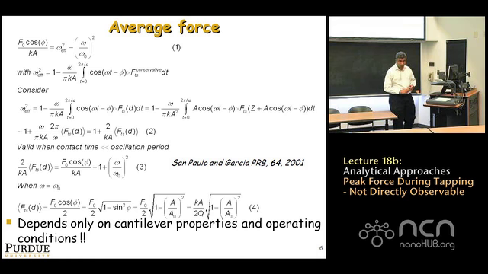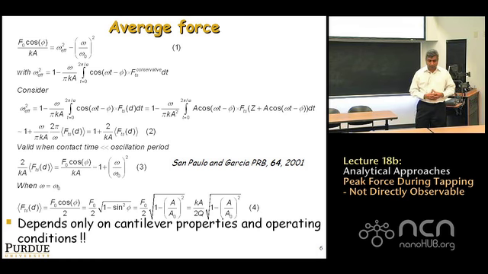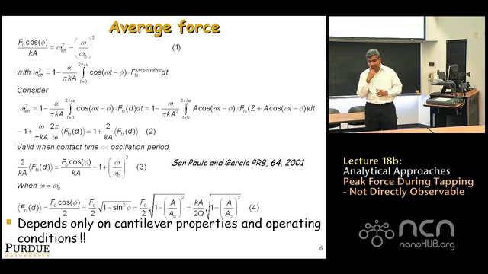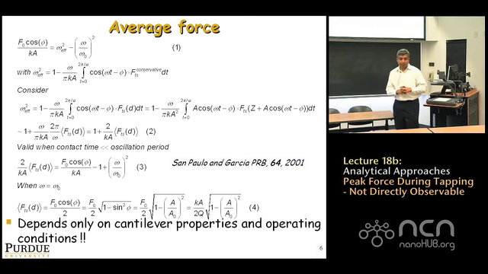All right, so one more very important analytical result to do is that of average force, okay? So what we are looking at here now is, oh, this is great. You know, we have an idea of what phase means, but it's force microscopy and you're tapping on a sample. You always want to know how hard you're tapping on a sample, right? Because when you do static FZ curves, you know exactly what force you're applying, right? When you do tapping, unfortunately, you don't know what force you're applying, because all you know is the amplitude and